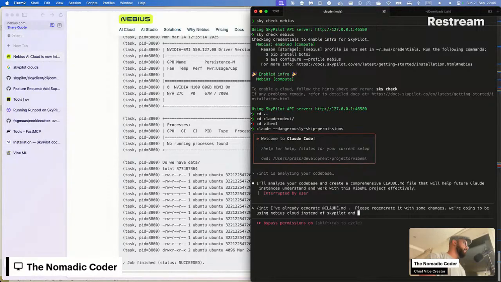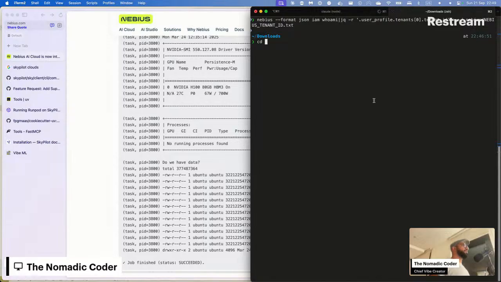Actually, I've installed SkyPilot globally using uv tool, so now the original SkyPilot should work.